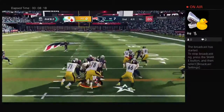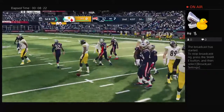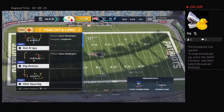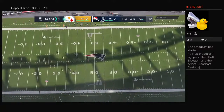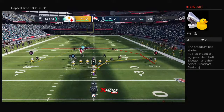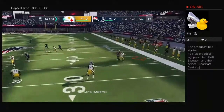Now Ben going to give this one to Conner, and he'll get it up near the 35, right at the 34 here. A gain of 5, good enough for the first down. They were not fooling around at all, were they? Second and short, and they brought out the heavy package. Almost felt like the super heavy package against that defense, didn't it? Yeah, I don't think they expected that much beef up front, and it turned into an easy...